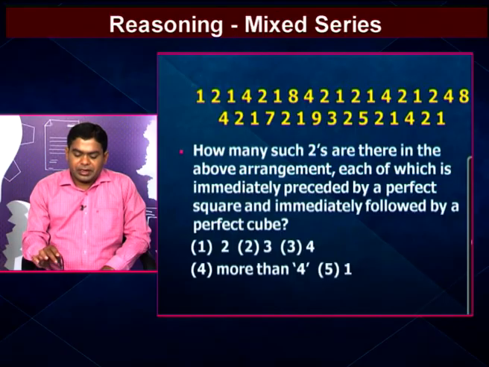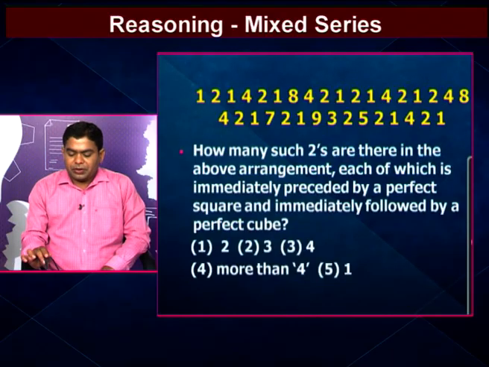After that we go to the next one. That one is 2, preceded by 4. 4 is also a perfect square and it is followed by a perfect cube. So this 2 is preceded by a perfect square and followed by a perfect cube, that's why we count it. Another 2 is there. Next we go to the 2 that is preceded by an odd number, but in our condition it must be preceded by a perfect square. That means this 2 does not satisfy the given condition.